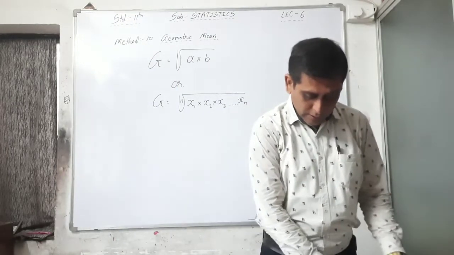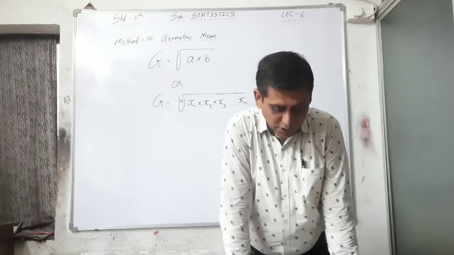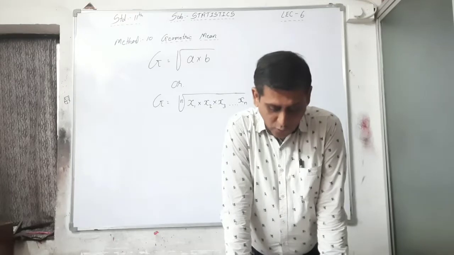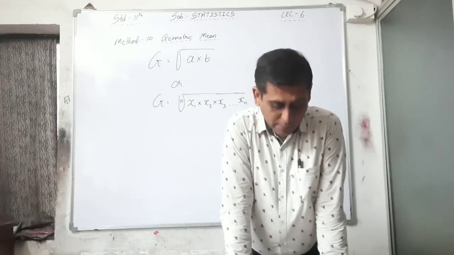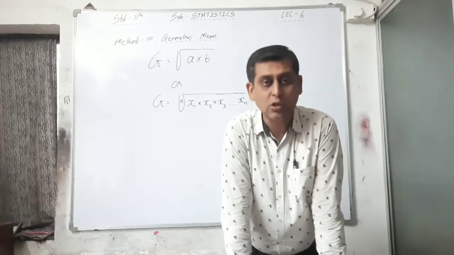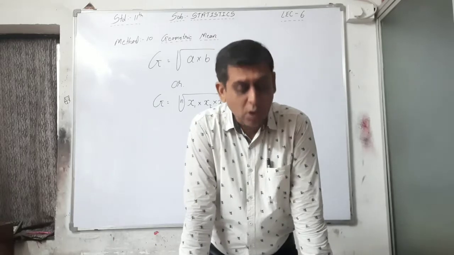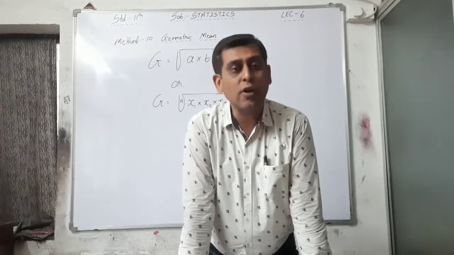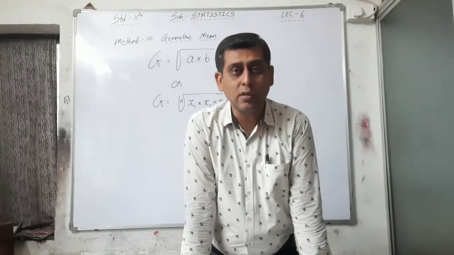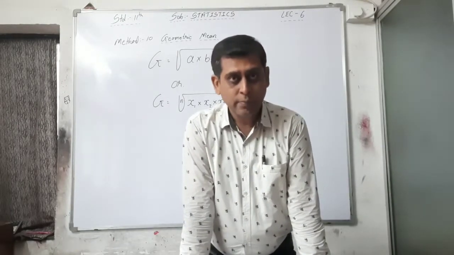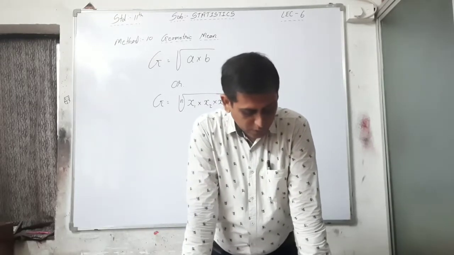I am reading here. Suppose we are studying a variable that changes over time. If we want to find the average rate of change in the variable, the application of arithmetic mean is not appropriate. If the changes are regular and frequent, then you cannot find the mean by using the average mean, that is x bar. So let us understand this with an example.